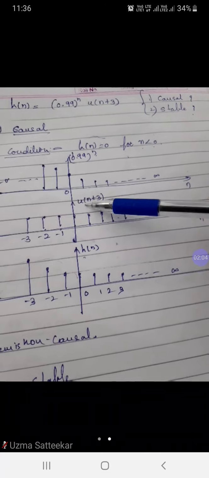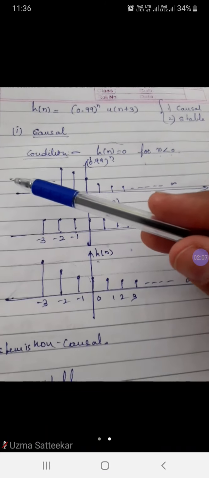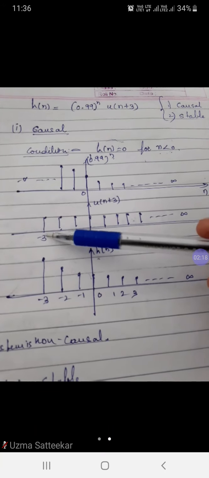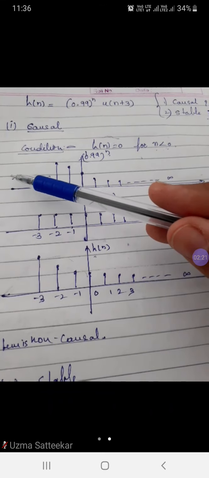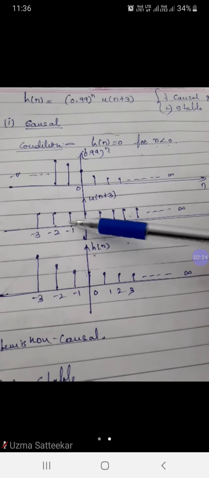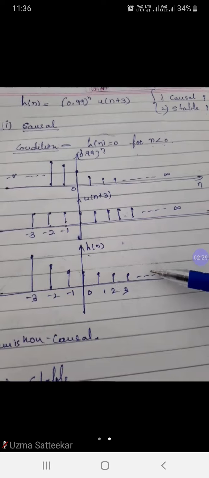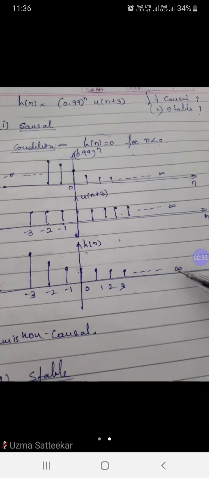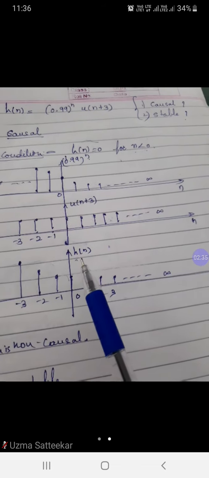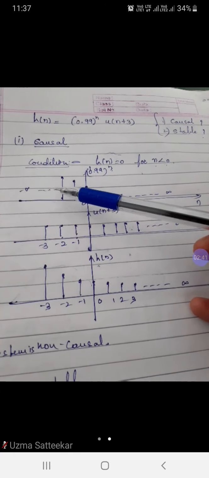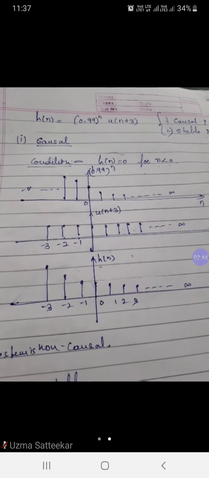If I multiply these two signals, the first signal exists from minus infinity. However, the second signal starts from minus 3. So before minus 3, you will not get anything. But after minus 3, you have some amplitudes. Here it is 1, 1, 1, 1, so 1 multiplied by that value, the exponential curve will continue. Even on the right hand side, it is the same. It will continue up to infinity. So what is the range for h of n? We will get minus 3 to infinity if you multiply these two signals. This is our h of n.